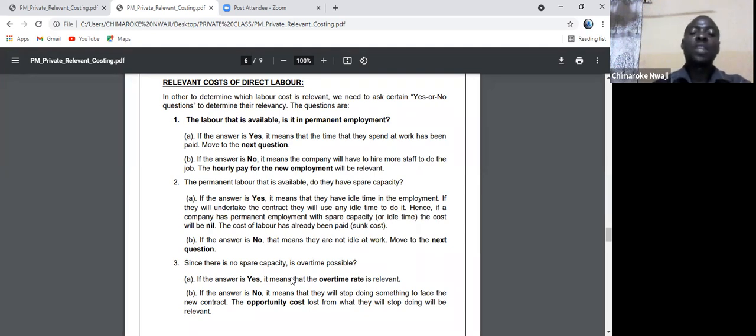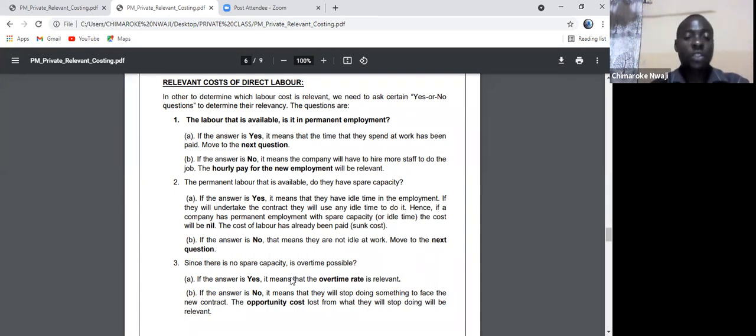If you are working at 90%, 80%, you have spare capacity. Another thing is that if you do not spend all your time working, there are times that maybe you are resting, doing nothing, idle. Some use that time to maybe play computer games on their phone or on their system. Now, whenever a company has idle time,